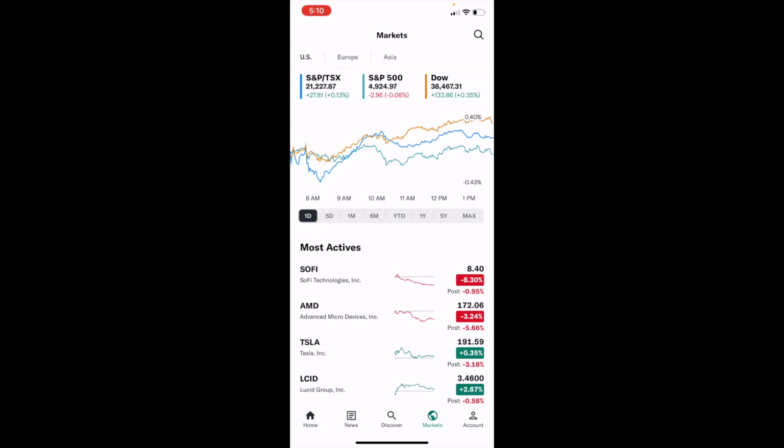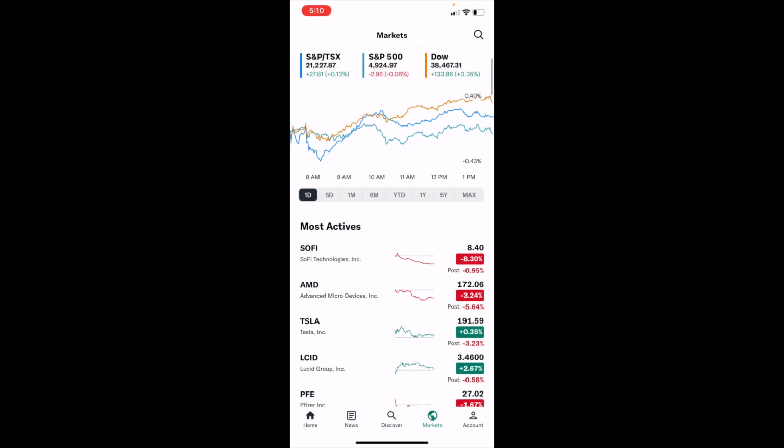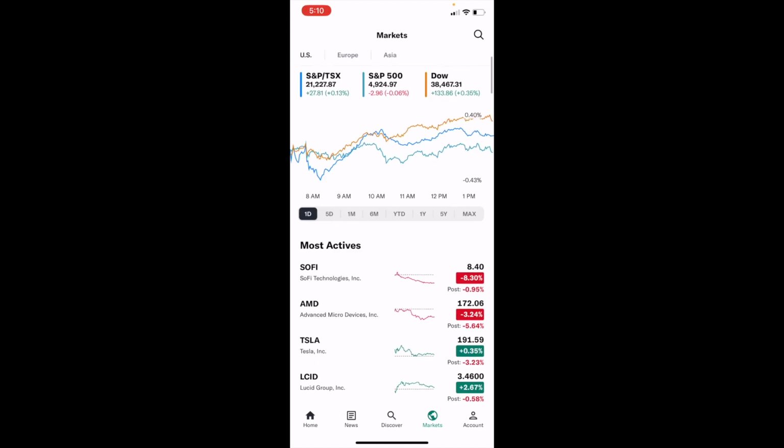Now by default, it actually does come up for me as the US market. So the S&P 500 index, the S&P 500, the Dow Jones, S&P/TSX, whatever the case may be. You can view all the markets right here. You can go ahead and view the most active stocks. Here in the US, you can go ahead and view the 1 day, the 5 day, the month of these